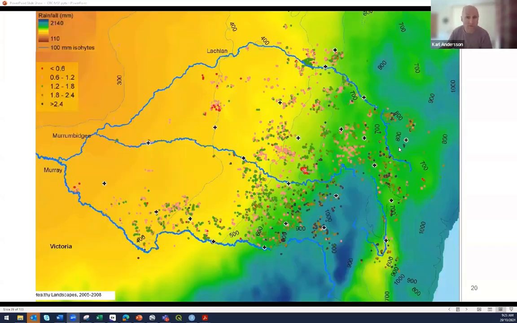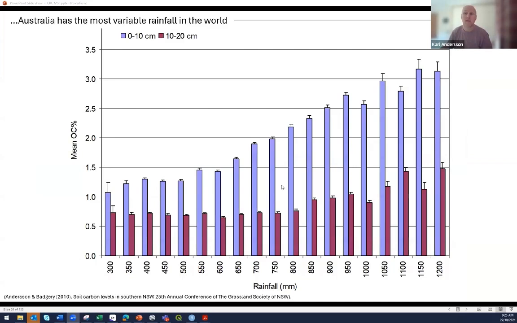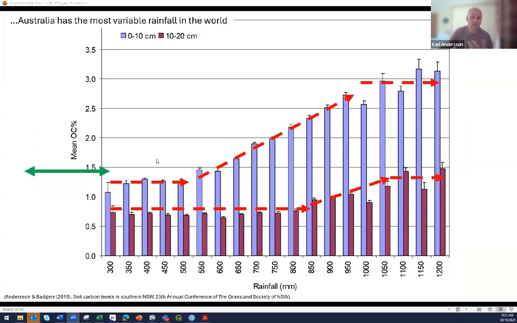If we look at that with rainfall underneath, we can really see the effect of rainfall and how that really drives the system. And then looking at the data, we can see that there's not much accumulation until we're pushing up into 500 mils or so in the surface. And deeper down, the response is even later before we get some accumulation. And for our region, we're looking back here at the bottom end. And this is where Amanda's got some nice local data, looking at the different patterns and ranges that you can expect.